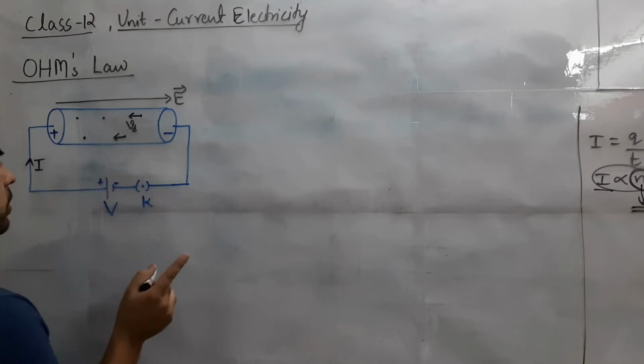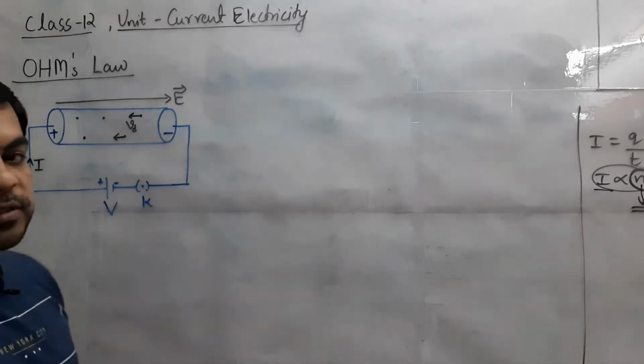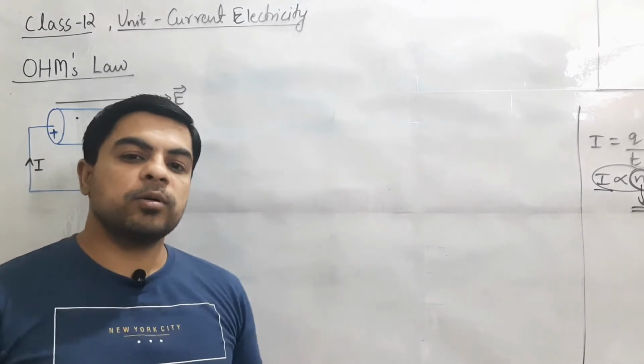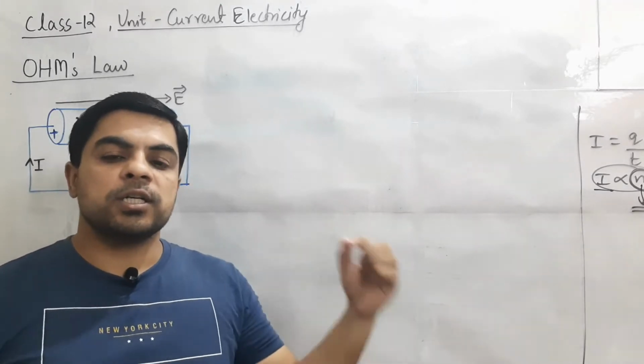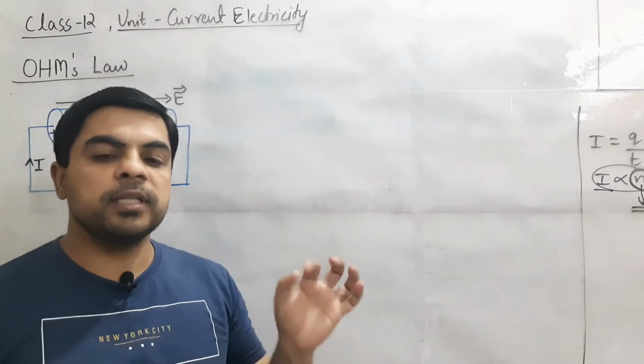That work or the energy will be provided from the source of potential difference, and the simplest concept for the potential difference we have already understood. It is the amount of work done in bringing a test charge or unit charge or any charge from one point to another point within the electric field.